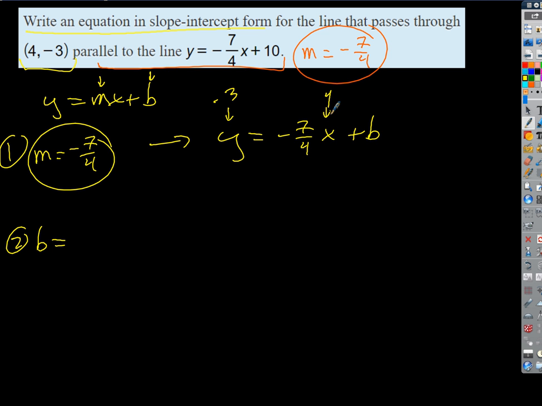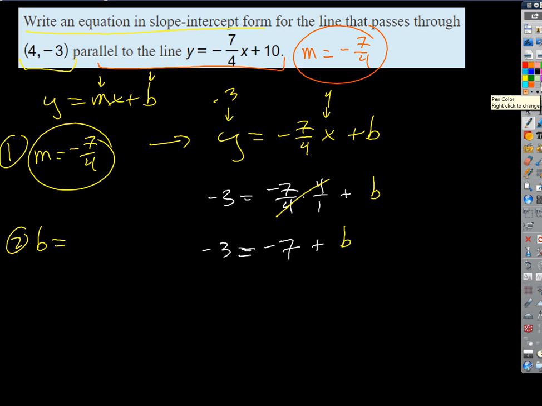So what's that look like if we do that? I'd get -3 equals -7/4 times 4/1 plus b, right? Well, let's simplify this. If I multiply these fractions, what happens? Good, I can cross-cancel, can't I? Right? When I multiply, I can cross-cancel. So I just end up getting then -3 equals -7 plus b. What do I do to get the b by itself? Add 7. And I end up with,